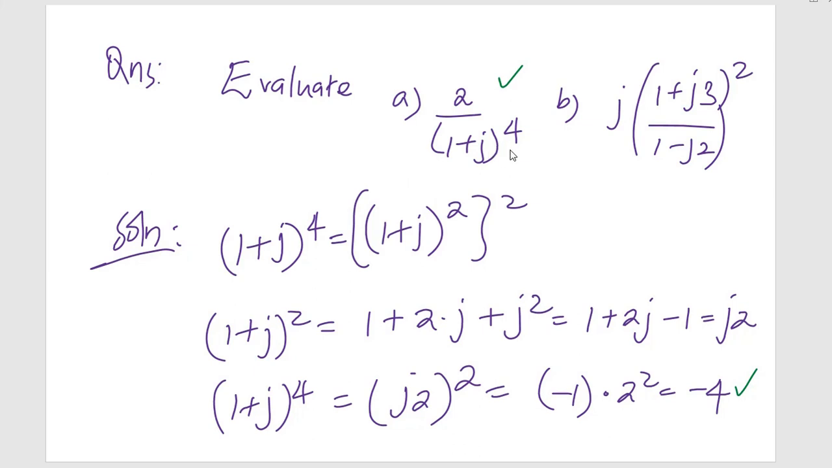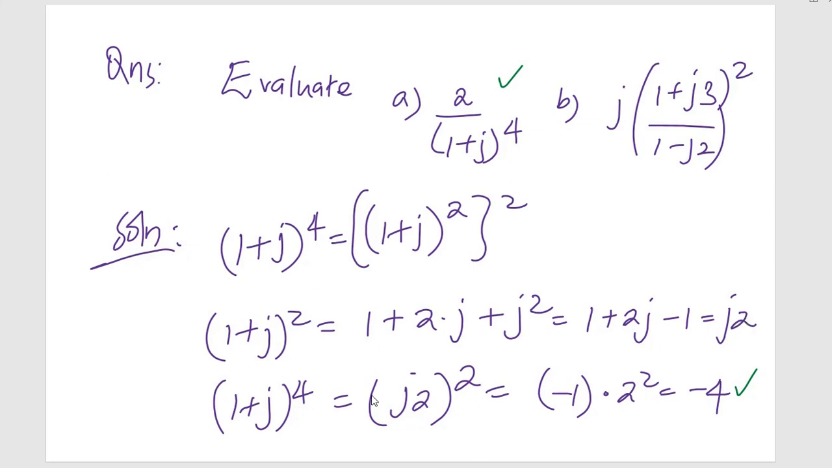The denominator is a little bit complicated, so let us first deal with it. This is (1 + j) to the power 4, which can be simplified as ((1 + j) squared) squared. But what is (1 + j) squared? This is the same as 1 squared plus twice j, then plus j squared, which is minus 1. At the end of the day, this is going to be 1 + 2j − 1,